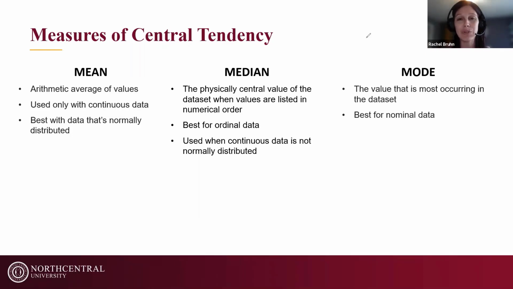And I'll use the example of gender. And I'm not going to be PC with this. I'm just going to be very basic to help break this down. So if we go with gender in its most basic form of male and female, if we assigned numbers, because again, to do mean, I need numbers. So if we said 1 is male, 2 is female, and then I compute the mean. So I add up all of my 1s and 2s, divide by how many people I have in my data set, I'm going to end up with some number between 1 and 2. It might be something like 1.37.